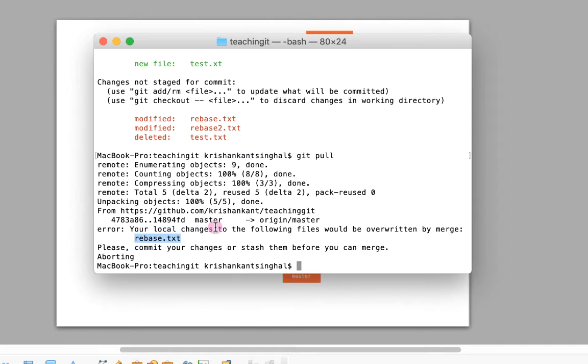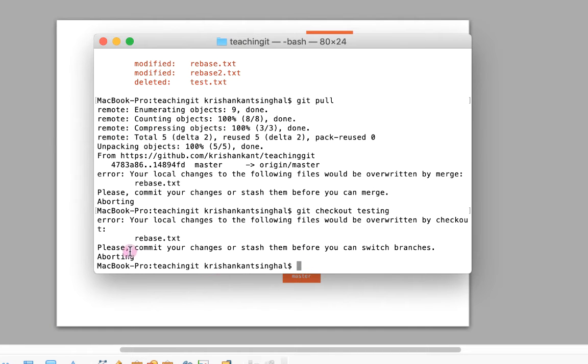So git stash hides the uncommitted changes in your working directory so that we can pull the changes or change the branch. When we are switching from one branch to another branch, it's quite possible that the other branch has changes in the same file. For example, if I try to do git checkout testing, it's again giving me an error: your local changes to the following file would be overwritten by checkout, rebase.txt. So it looks like in testing also there were some changes in rebase.txt and my working directory has some changes in rebase.txt.